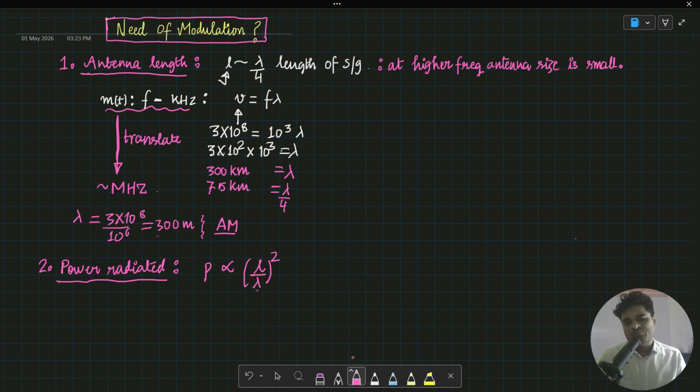So at a fixed length, suppose that we have fixed our length of antenna to be L, you can easily see that as we reduce lambda,